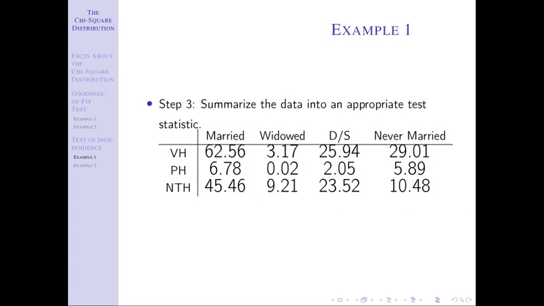As we talked about before, be careful, make sure you understand that observed minus expected in parentheses, even if you get a negative number, when you square it, that's going to become positive, so you should not have any negative numbers. And then the chi-square test statistic is the sum of all of those numbers, which I get to be 224.